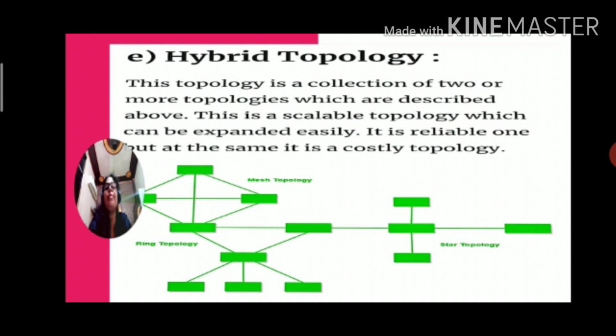This is a scalable topology, meaning it can be expanded. We can connect more and more computers easily. It is reliable, and at the same time it is costly. It requires more cable, that's why it gets costly.